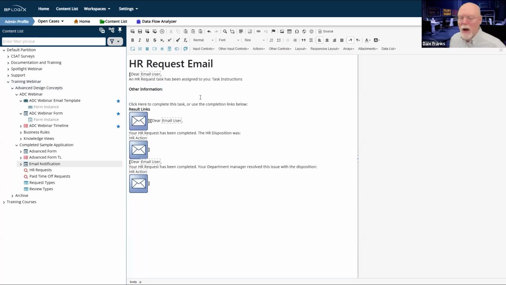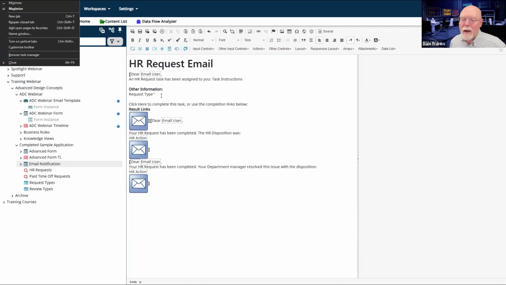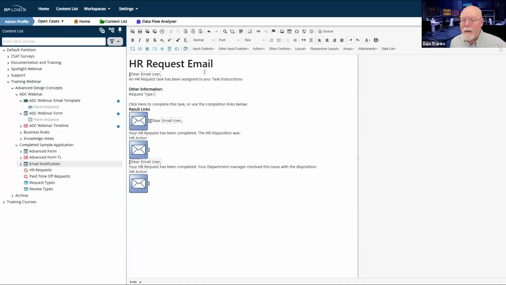And now some other information that I need. So request type. And that's going to need to be a system variable. And I actually wanted to put a colon there.